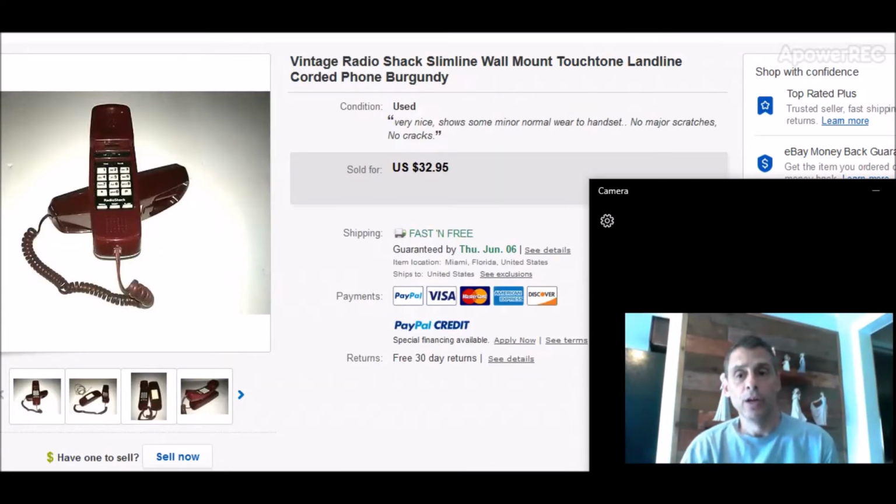And here we have a vintage slimline wall mount phone from Radio Shack. It was in a burgundy color. Now this was in one of my videos when I first bought it, and I had showed comps for it, basically for people to know that these do sell, and especially you want to look for the colors, like Art Deco colors. They come in blues, they make an orange, pinks, reds, the off colors. You don't want black, beige, and white. Those aren't great sellers at all. And there's different brands, like AT&T will sell better than a Radio Shack